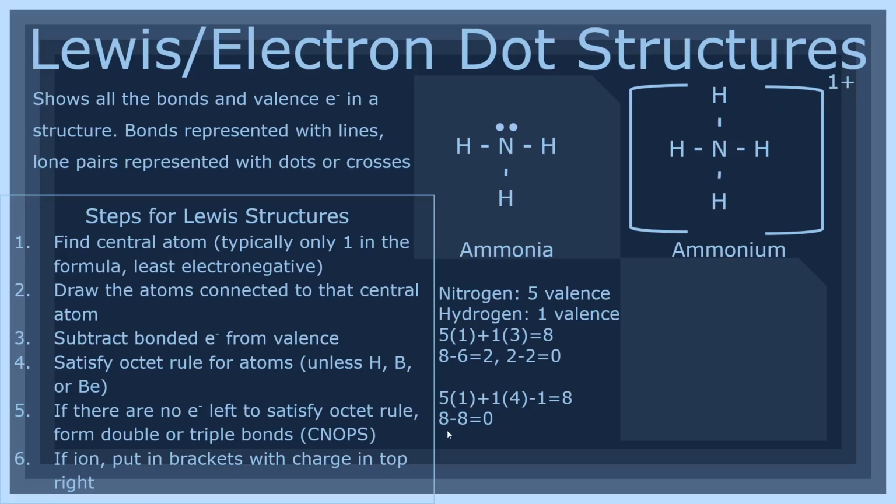So we have 8, and then we have 8. They have 4 bonds, 8 bonded electrons to make it 0. And everything's happy. Now another example is going to be boron trifluoride, where we can see that boron, least electronegative,